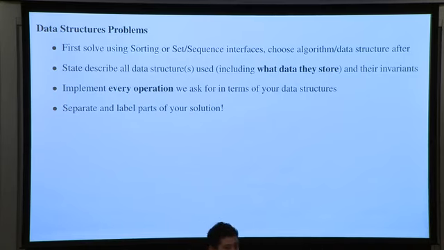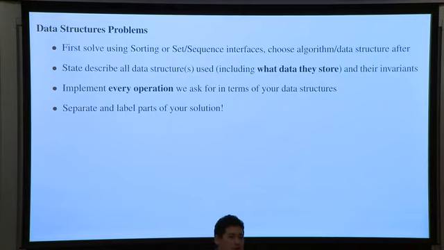Then you don't need to re-argue or restate all of it. You can basically say that because the set and sequence interfaces are defined that way, these things are correct, almost obvious. You're trying to convince us that you know why it's correct. If you're correctly using a set or a sequence data structure in these data structures problems, then unless you're using it in an unusual way, you can usually just rely on the properties of the set and sequence data structures that we gave you.